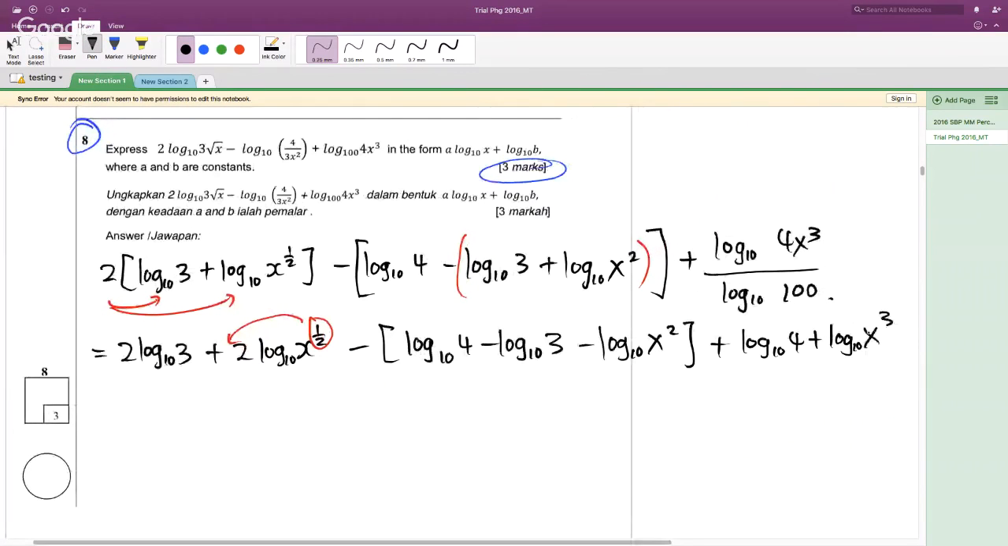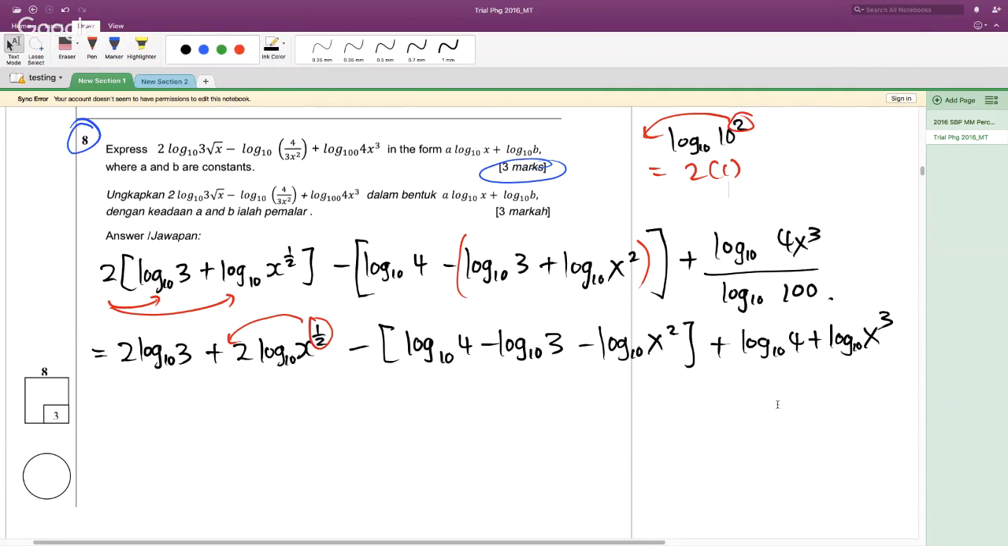X cubed over this, log 10 100 equals 2, because log 10 100 is log 10 squared. You try to imagine the square can move to the front, and log 10 is 1, so you get 2 multiplied by 1. So this is the reason why I get 2 here. All right, so the 2 here, in order to save time,